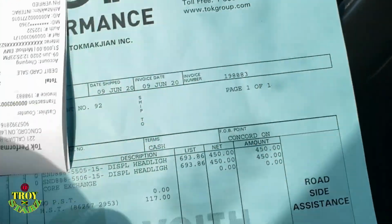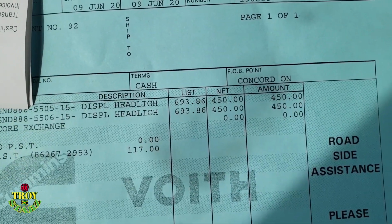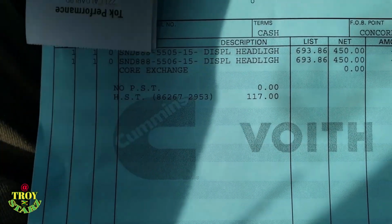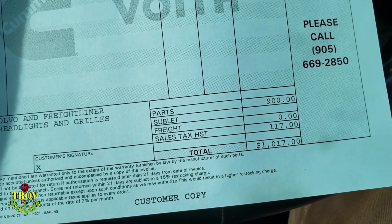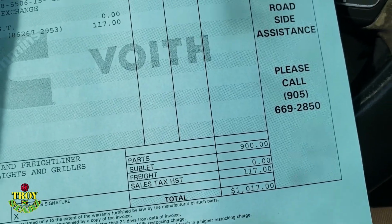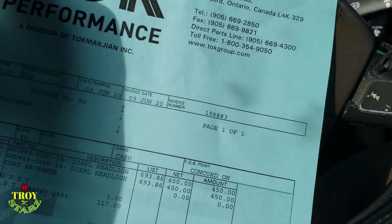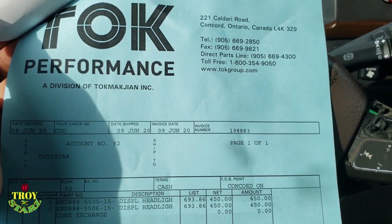So basically the price of the light, one of them is $450, plus HST, that's $517, and the total is $1,017 Canadian. You know what I mean? It said it comes with a one year warranty. So that's how much I paid for the lights, and I'm gonna see if these lights really make sense, and it's fully